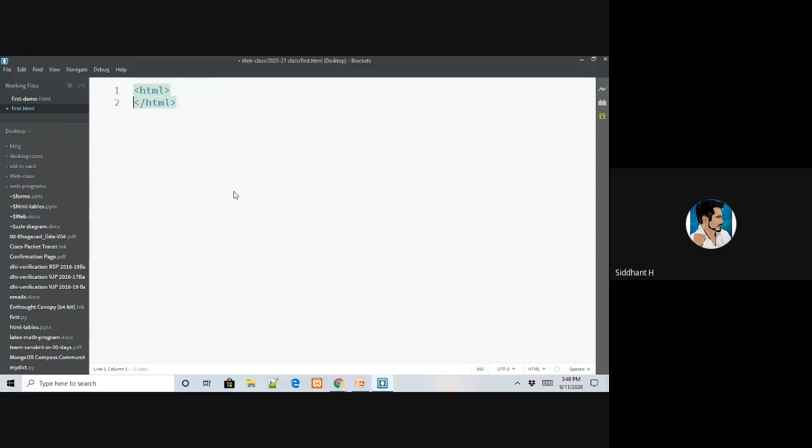So HTML, and within that I'll have a head. Brackets provides a special feature: if you start writing an opening tag, it will automatically give you a closing tag. So please make use of such features. In the head tag, I'll add a title. I hope you are aware of this.